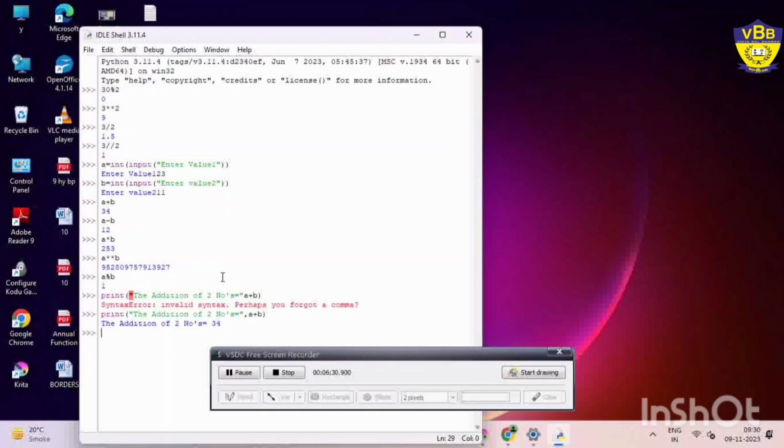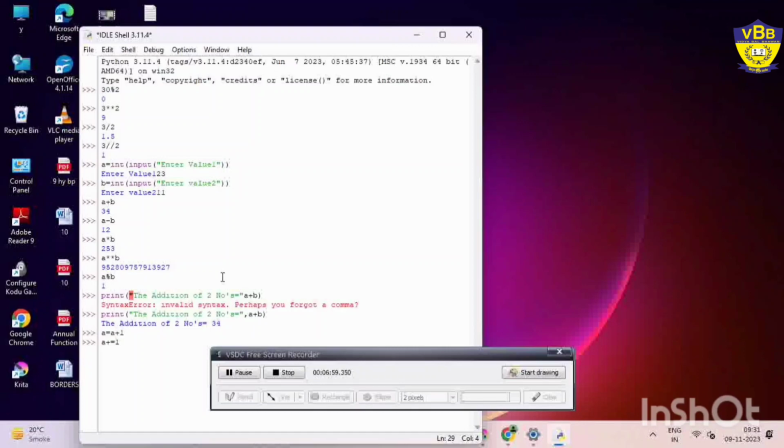So A equal A plus 1 is the same as A plus equal 1. Got it? If you write A equal A plus 1 or A plus equal 1, both are going to be the same. Same for minus equal, divide equal, multiply equal, exponent equal, and floor division equal, right?